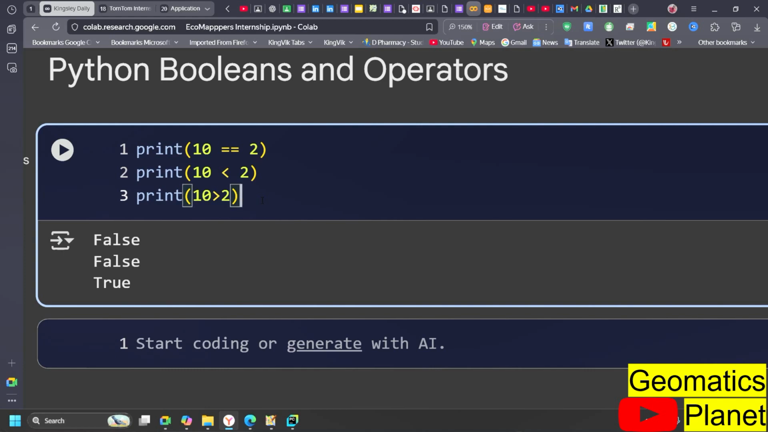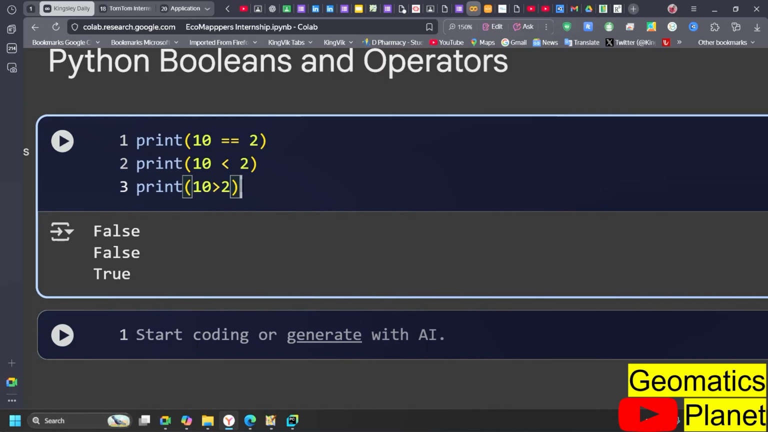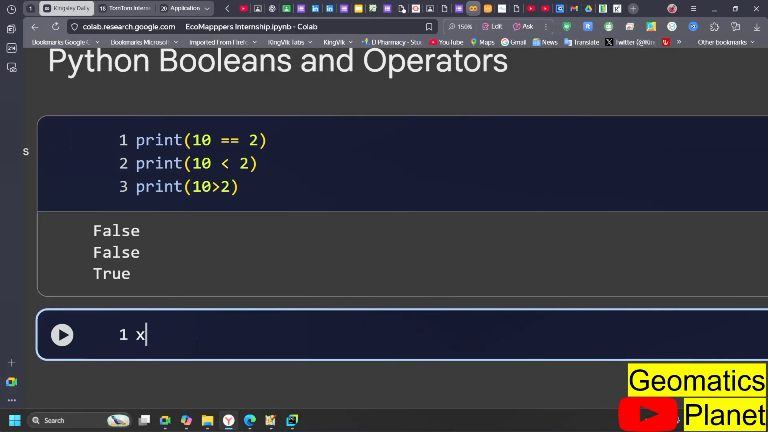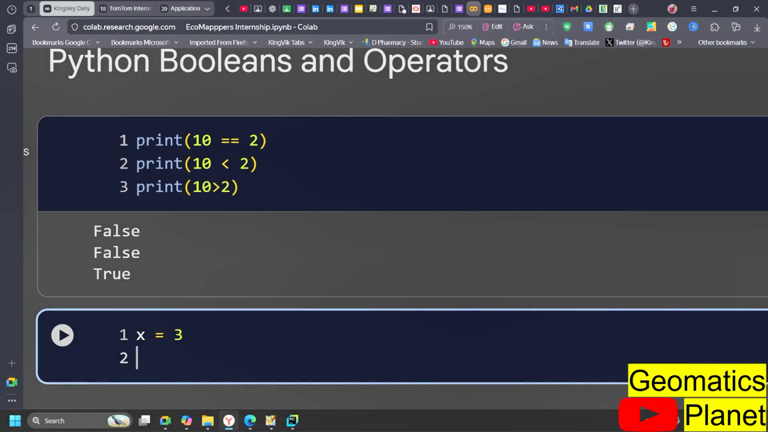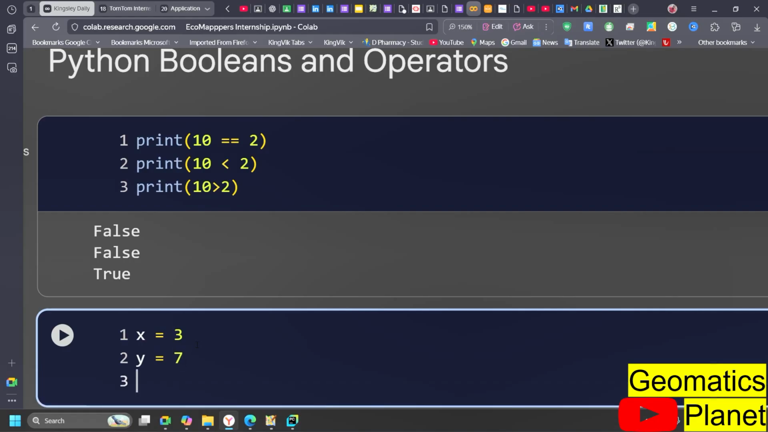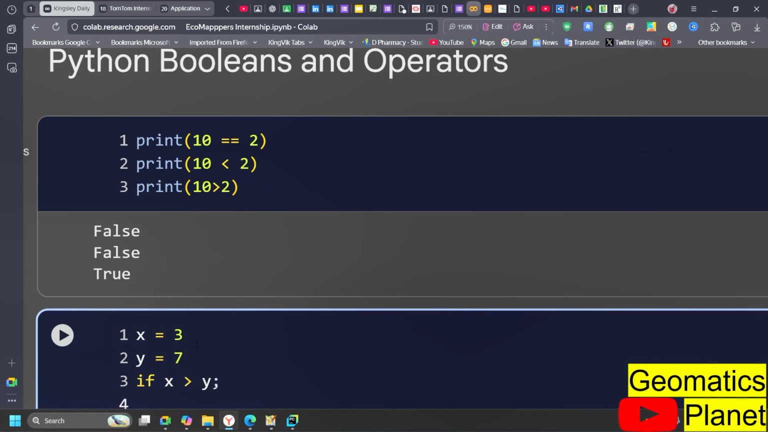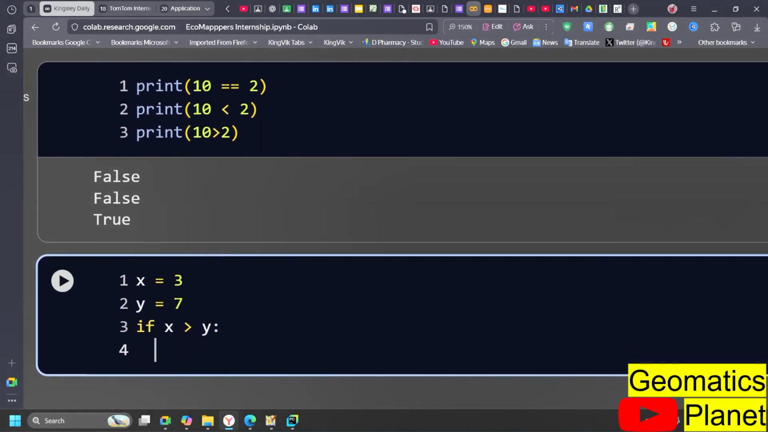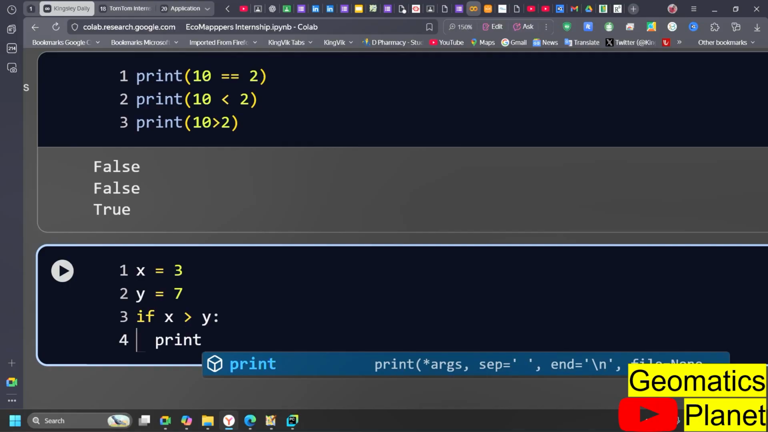So in this way, when you are making a condition, or if any of your statements is an if, you can make it in such a way that it is going to return either true or false. For example, let's say that x is equal to 23, and then y is equal to 7, and you say if x is greater than y, then in this way we can say print